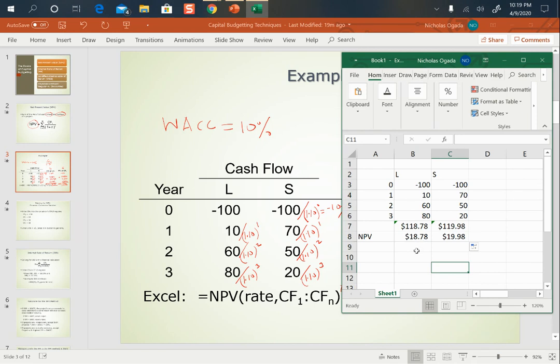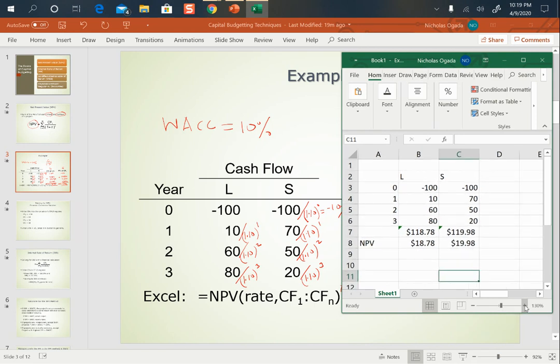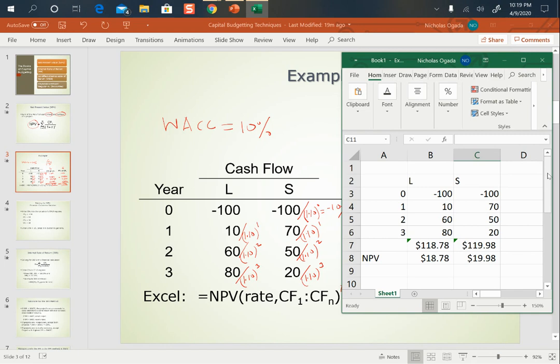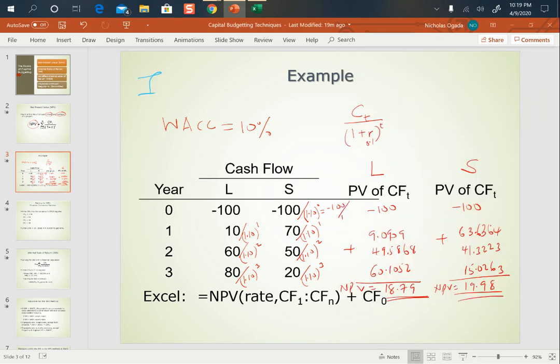So in other words, how do we use this information to make decisions? If you are going to invest in these two projects, which one are you going to select? Are you going to select L or S? It depends. If these two projects are independent,